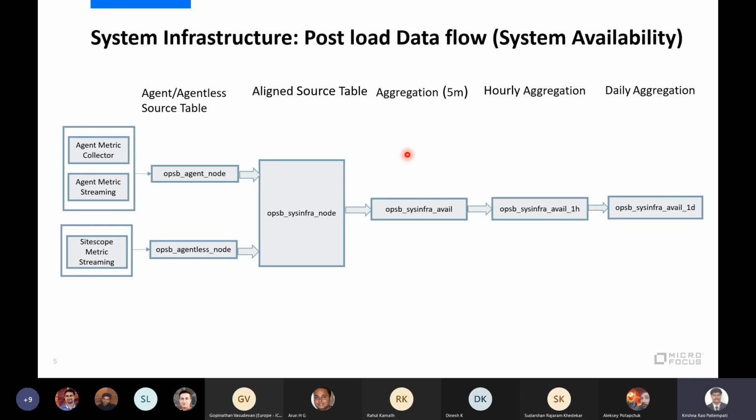There are many scenarios. Some customers have planned downtime, and sometimes they configure excluded downtime. To handle all these scenarios, system availability requires a custom Perl script to be created.